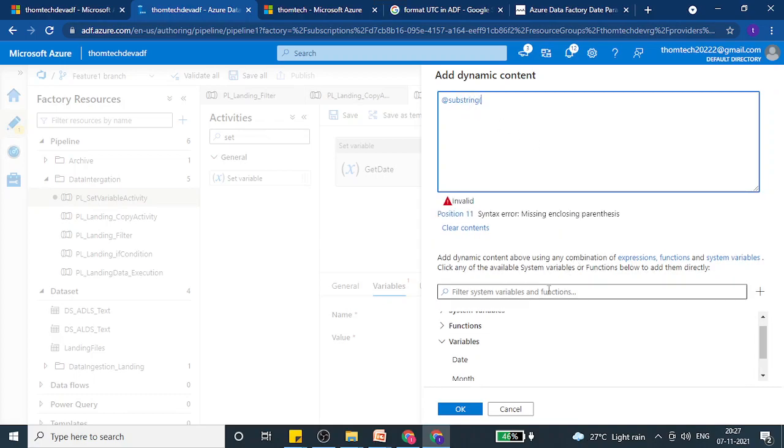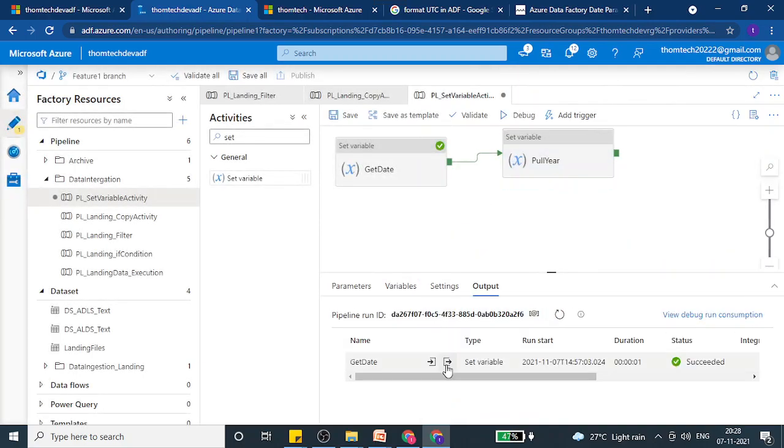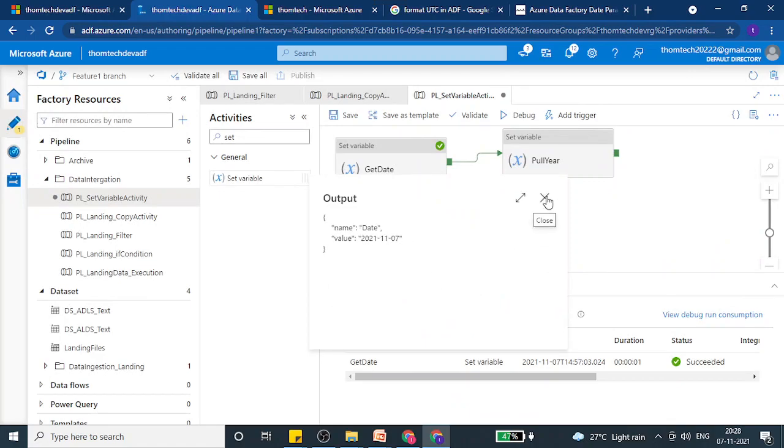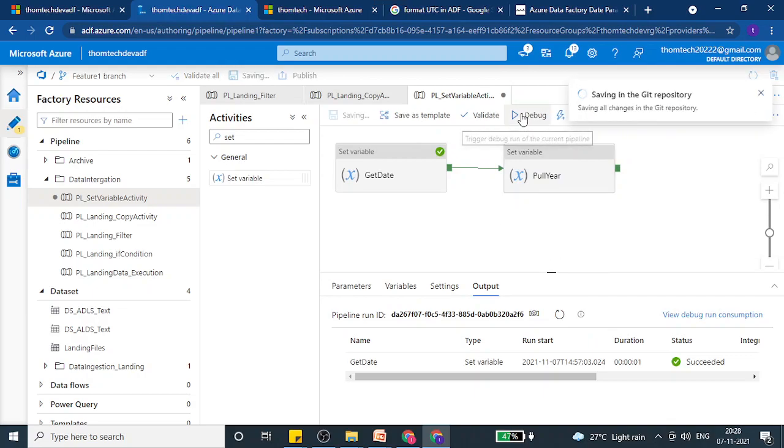Open the bracket and pass the variable named date, because this variable date already has the value of date from the previous step. We will tell the system to capture the first four values. When we capture the first four values from this output, we are going to get the year. It's a simple thing. Now let's save it and click on debug.